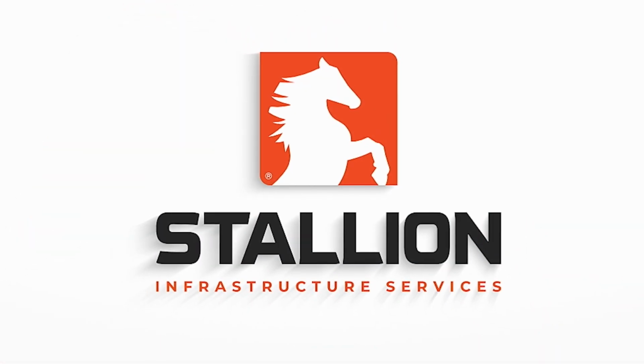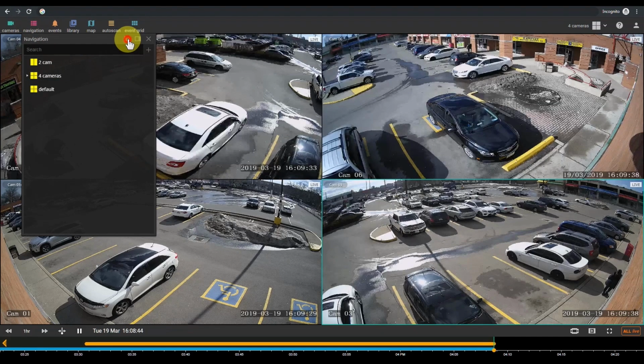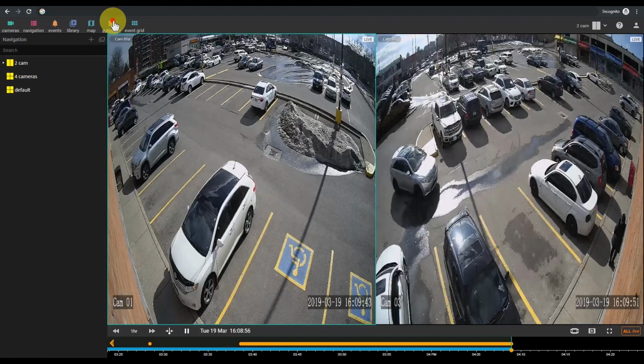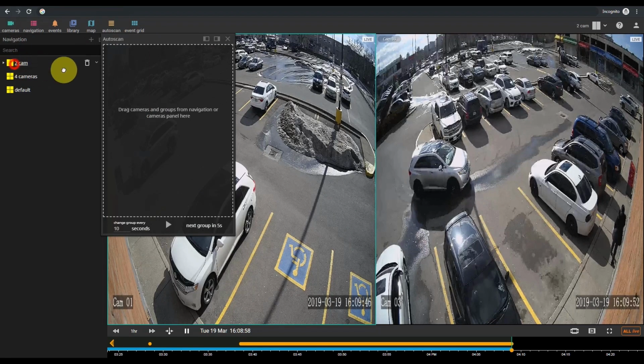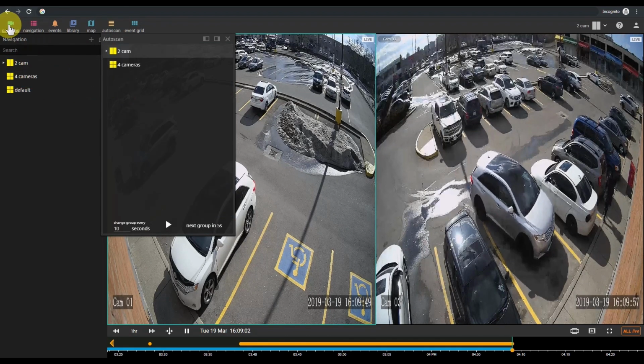In this video, we review Stallion Infrastructure Services Autoscan tool. The Autoscan tool can be programmed to automatically cycle through camera layouts or individual cameras. Click the navigation icon on the top left of the screen to select camera layouts that you want to cycle